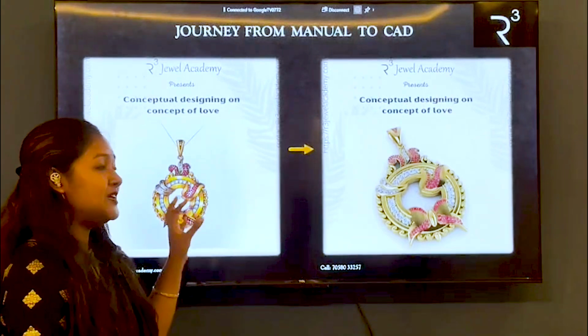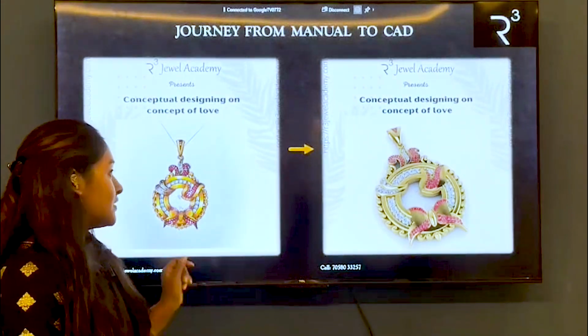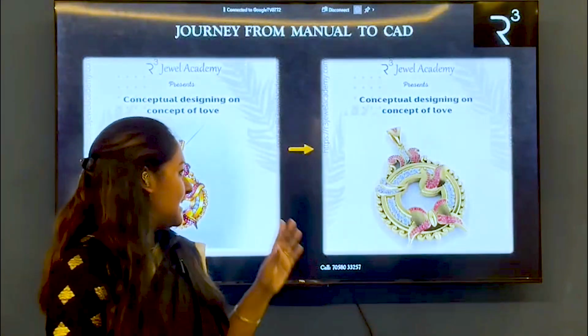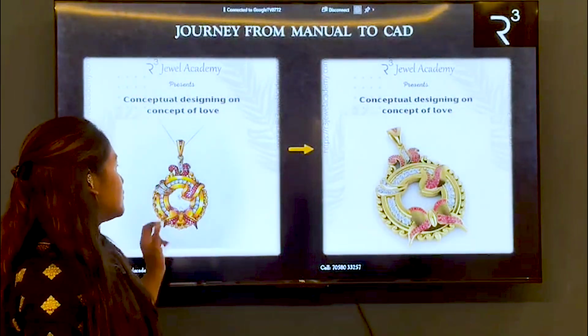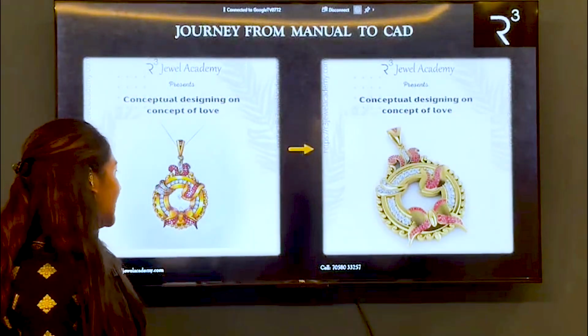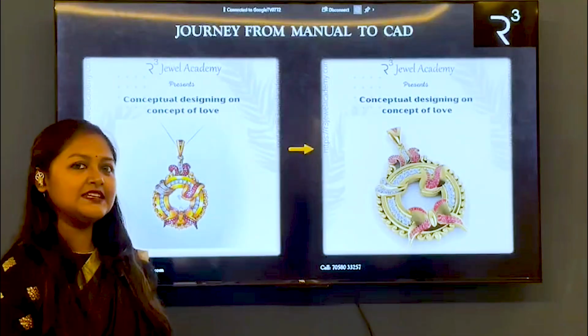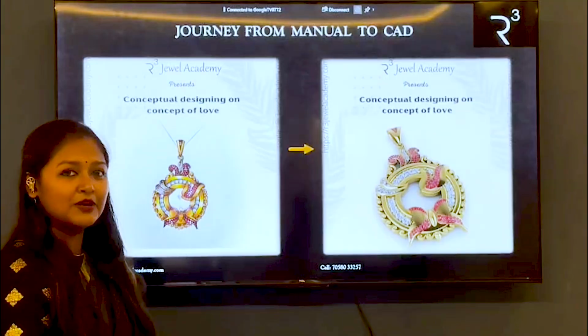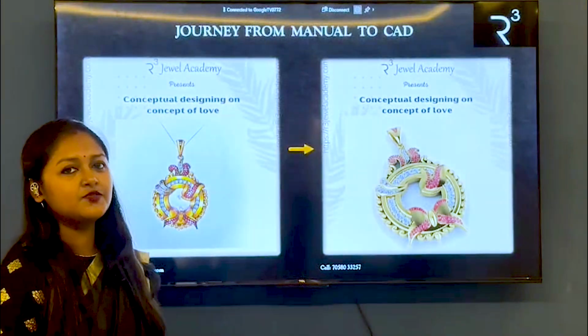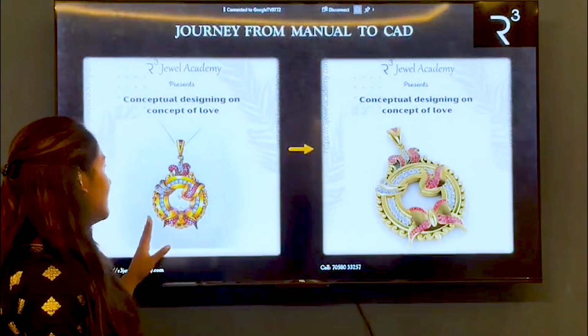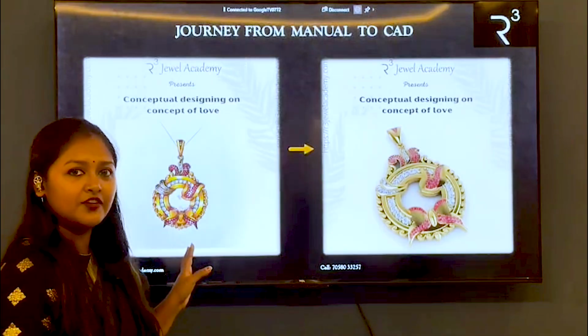Next, this is on love. So we have a deep story behind this concept. What is the story? Here, if you see, there are 2 butterflies. The 2 butterflies are the 2 lovers. So our concept is love. So we are representing the concept love with these 2 butterflies. The color red is a representation of love. So here on the butterflies, we are using the color red.